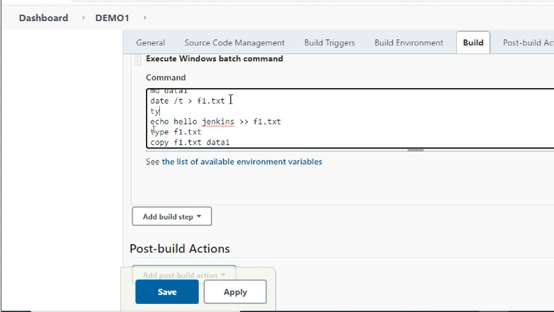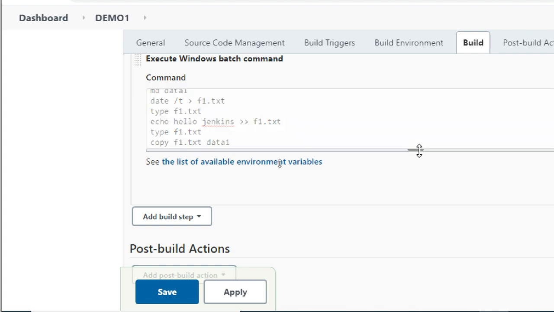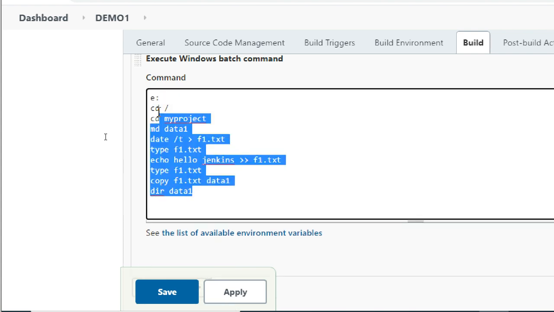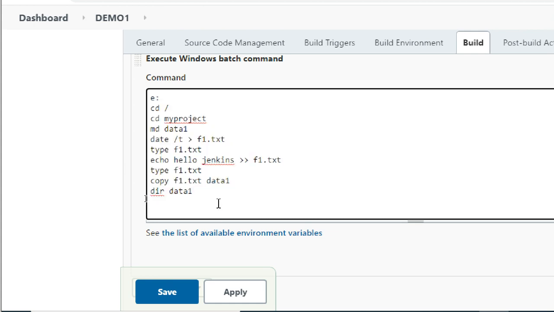So here one more type is there. So no difference. You don't require Jenkins to do this job, but to understand how to automate it. Once you write a script, you can run the same script multiple times.